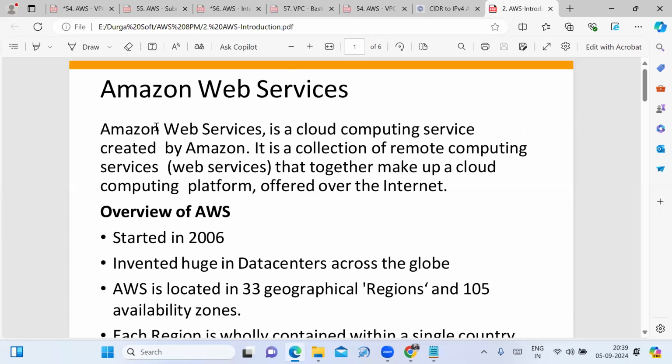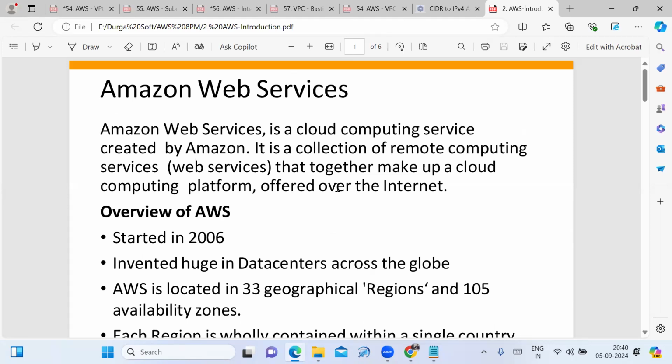Amazon Web Services is a cloud computing service created by Amazon. It is a collection of remote computing services that together make up a cloud computing platform.